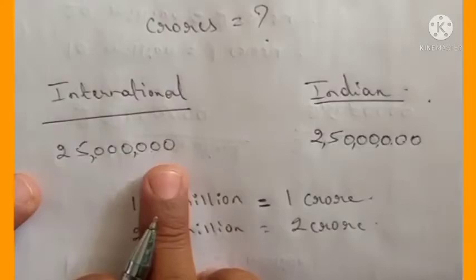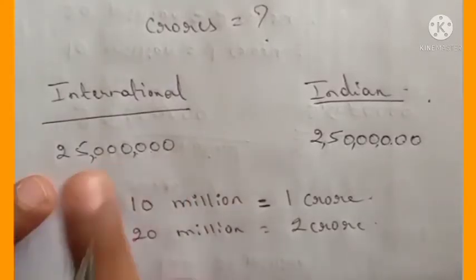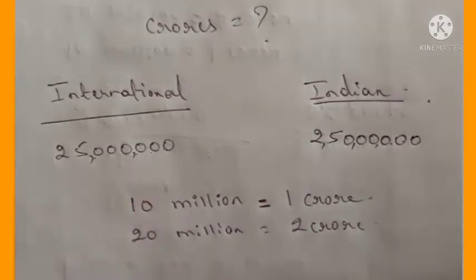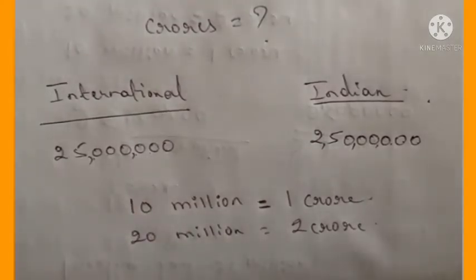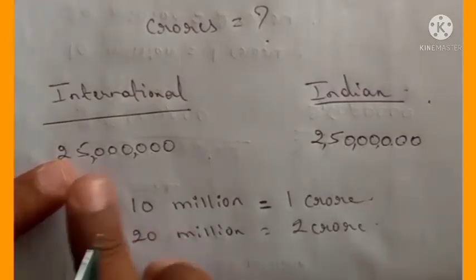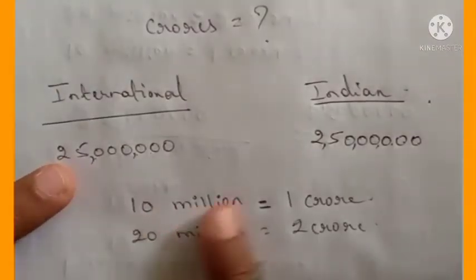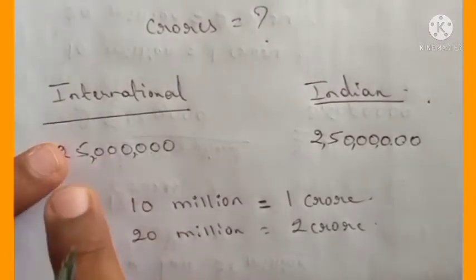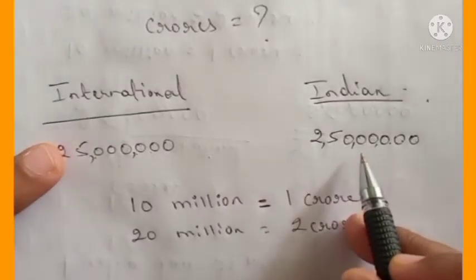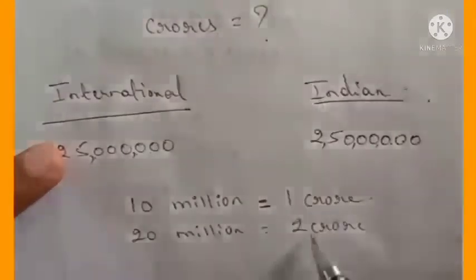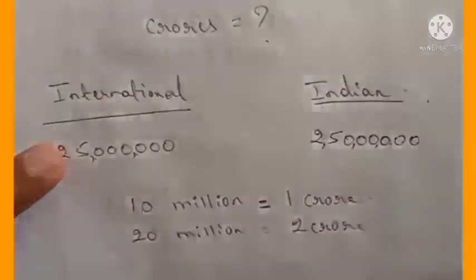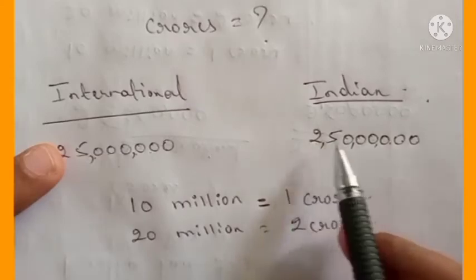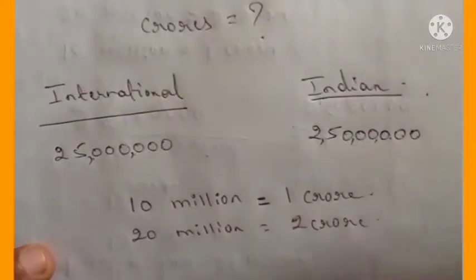Okay, now 20 over. Now 5 is there. So only 5 million is there. In the international system, only 5 million is left over. 10 and 20 million, 20 million we have already taken. So only 5 million is left over. Okay. Here in Indian system, see, 2 crores already it is there. Then 50 lakh. Okay. See here. 2 crore, 50 lakh. So now what will be the answer, dear children, in this? How many crores did she have? 2 crore